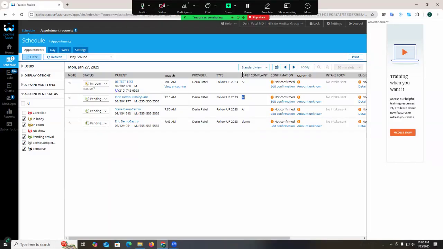Wonderful. So now set that. That's your schedule. When the patient arrives, the front receptionist will drop it down to arrived. So it'll show in lobby, and as soon as it's in lobby, it'll create an encounter which we can work